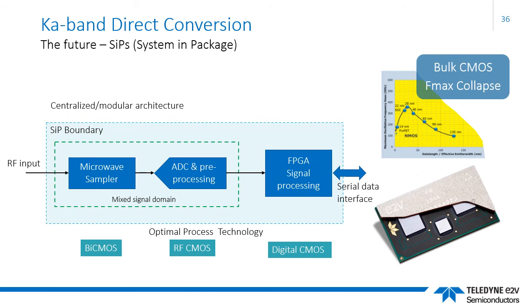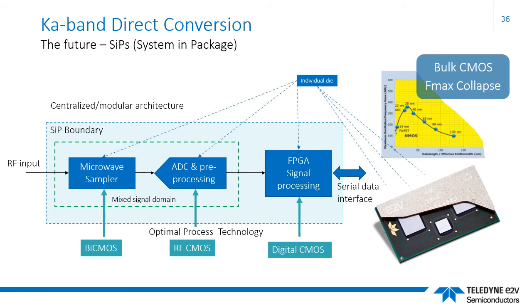In the diagram, moving from RF input on the left through to the FPGA, you'll notice that three separate monolithic die and silicon technologies are identified. These are BiCMOS, RF CMOS for the ADC, and finally digital CMOS for the FPGA. The mixed signal aspects of this subsystem are delineated by the dashed green line. SIP assembly brings three singulated die together, packaging them bumped and flipped onto a special high-frequency substrate. The substrate is often encapsulated to enhance thermal performance and provide extra environmental protection.